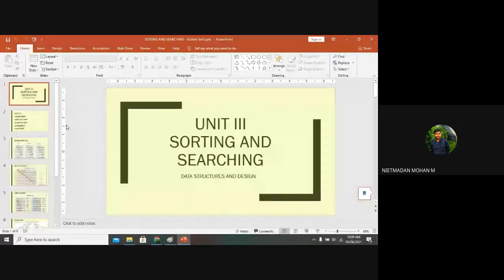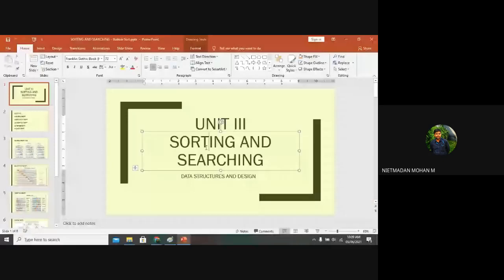Today we are going to start the third unit. In this third unit we are going to see only two topics, that is sorting and searching. Whichever sorting or searching technique we use will be related to the data. Based upon the data, we are going to do some operations in sorting and some operations in the searching techniques. Only 8 to 9 topics will be there, 9 different types of programs, but the output will be the same.